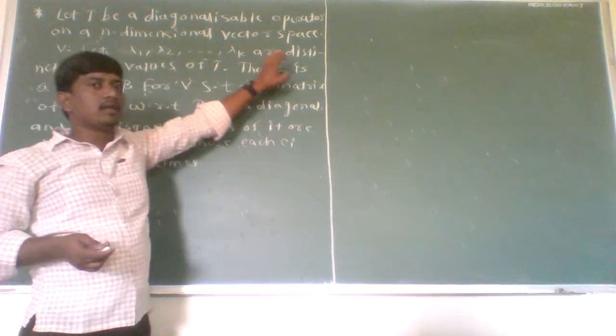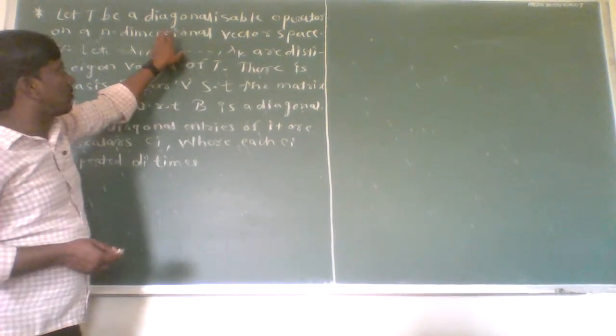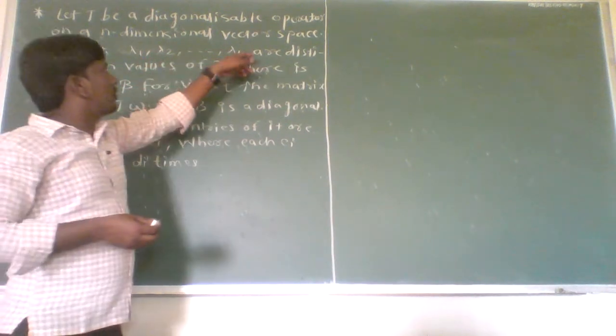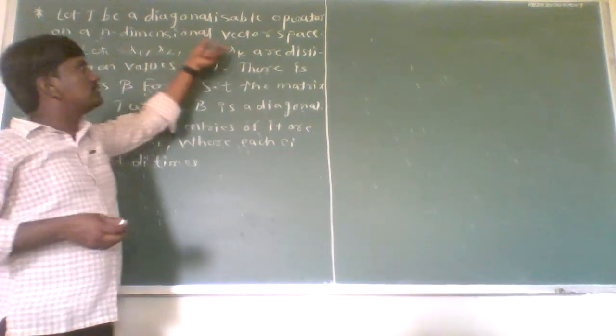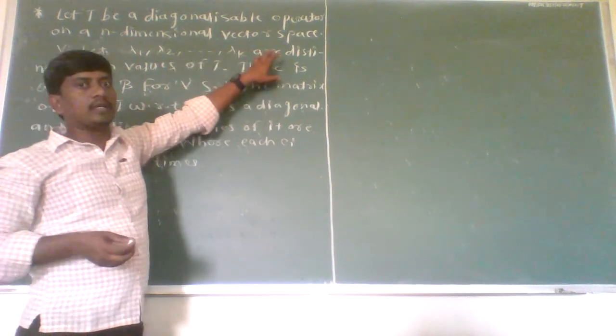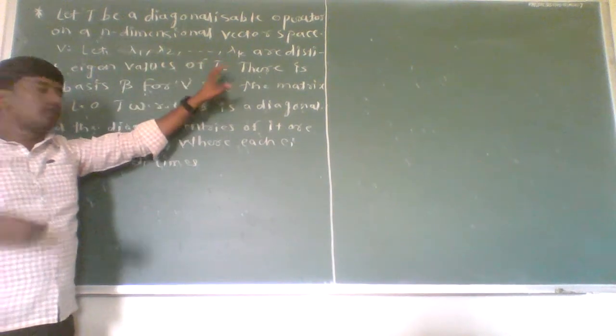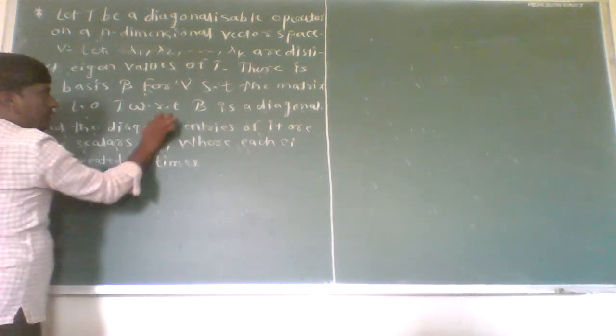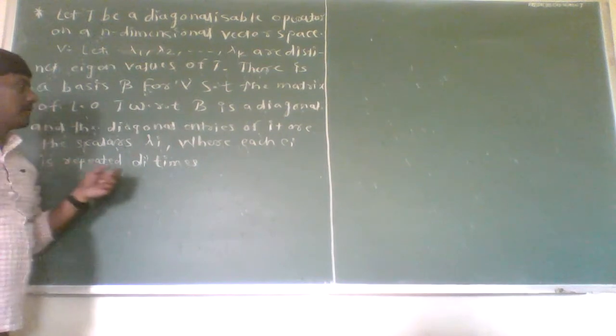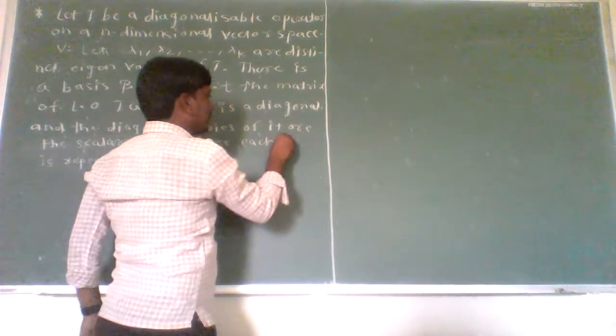If k equals n, then each eigenvalue is distinct. But if k is not equal to n, then some lambda i are repeated. Here we take lambda i, where each lambda i is repeated di times, since the eigenvalues are lambda. Now, then the matrix